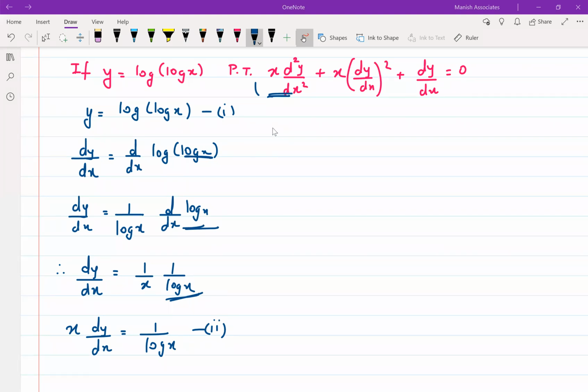करेक्ट? यहां तक सबको समझ में आ गया? करेक्ट? So I could not eliminate log. मुझे log eliminate करना है, but मेरे पास कोई appropriate relation नहीं दिख रहा log eliminate करने के लिए, तो मैं इसको वहीं रहने देता हूँ. सिर्फ x को वहां ट्रांसफर कर दिया, उसका जस्टिफिकेशन दे दिया that you require along with d2y upon dx2 you require x. So I have given you that justification. Okay. Now what I'll do, I'll again differentiate. So I'll write here again differentiate.